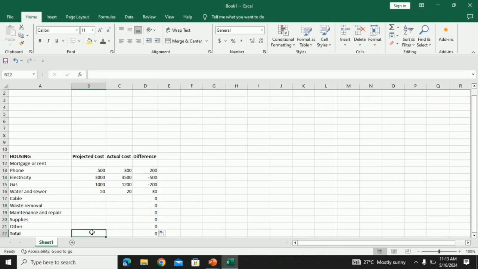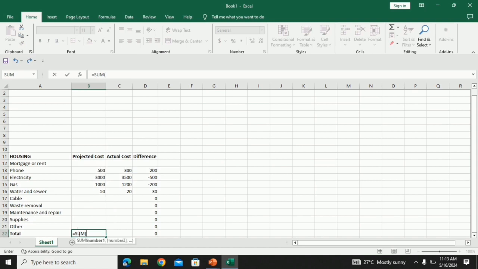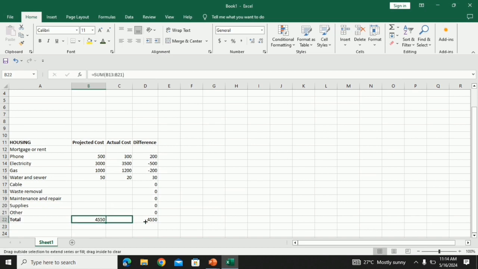Under the projected cost, equals sum, open parenthesis, click and shift to bottom for it to be totaled, and then drag to the right.